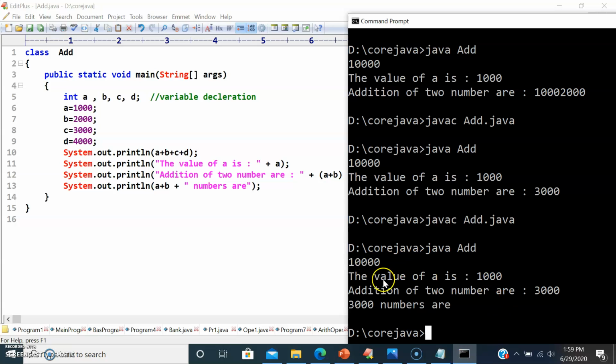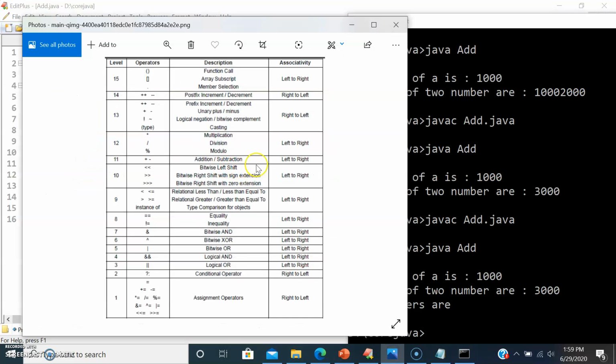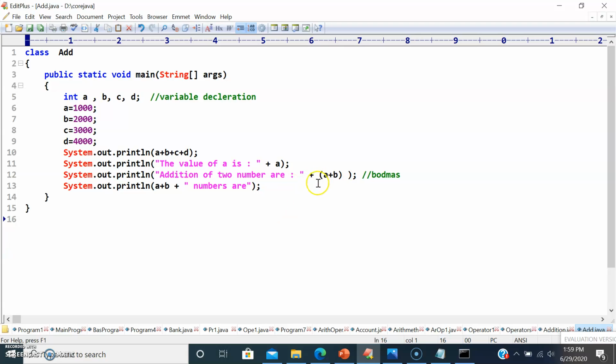So first is 10,000, the value of A is 1000, addition of two numbers are 3000 and 3000 numbers are. So all your arithmetic operators do calculation from left to right. Previously, when I didn't mention brackets, the plus operator was combining the A and B values. If the compiler is to give first priority to this, then we have to follow the BODMAS rule.